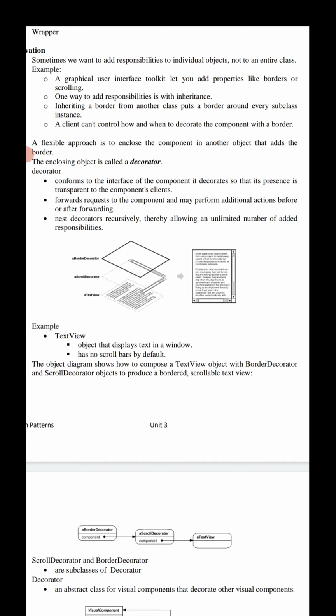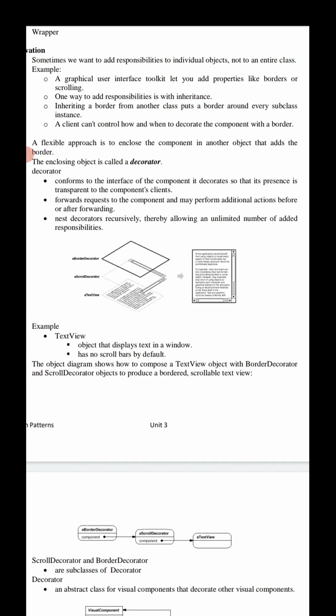Suppose we also want to add a thick black border around the text view, so we can use a border decorator as well. Simply, we compose the decorators with the text view to produce the desired result.